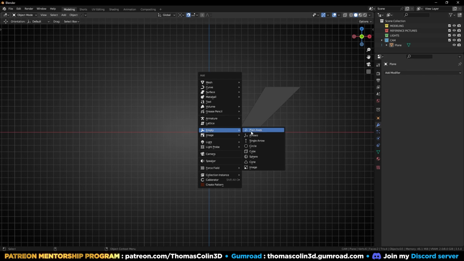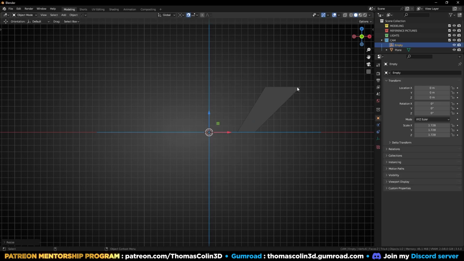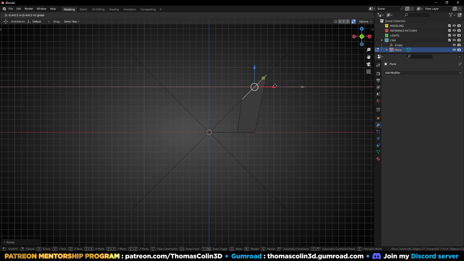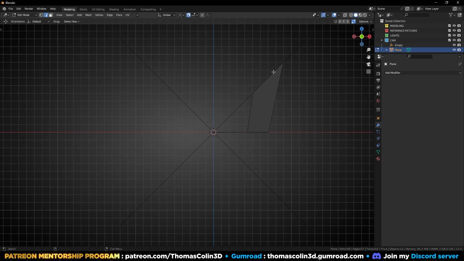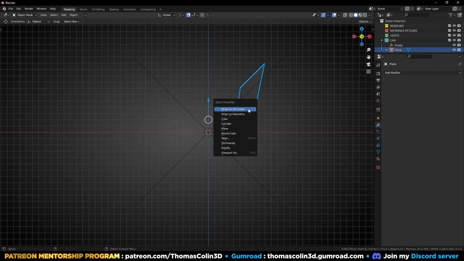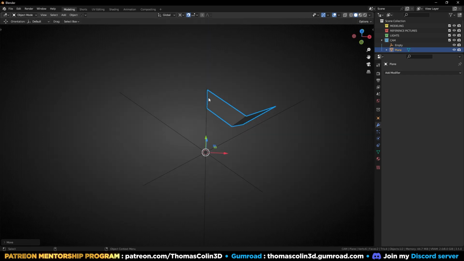Let's add an empty. Rotate it on the Y-axis by 45 degrees. We can select this edge, rotate it on the Y-axis by minus 45 degrees and move it on the grid like this to snap it. We can select the mesh, raise it a little bit, let's say 2 grid units, set the origin to 3D cursor, set the 3D cursor over here, set the 3D cursor as the pivot point, rotate on the Y-axis by